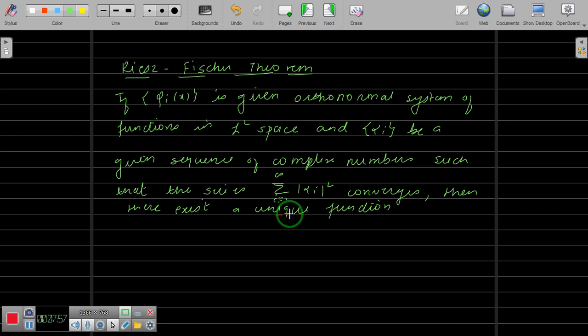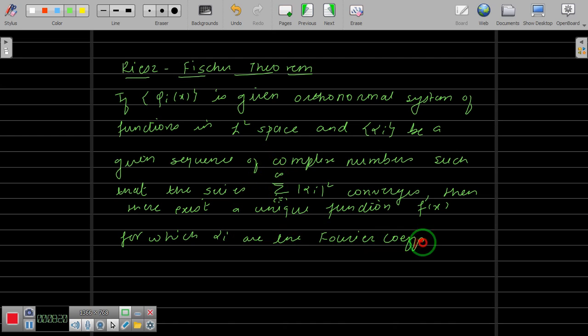Again, there is a problem of uniqueness. Unique function f x for which alpha i are the Fourier coefficients